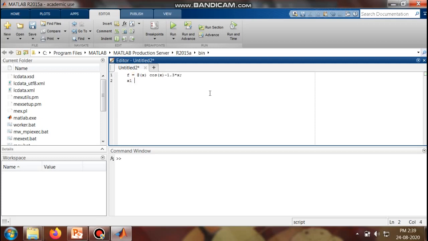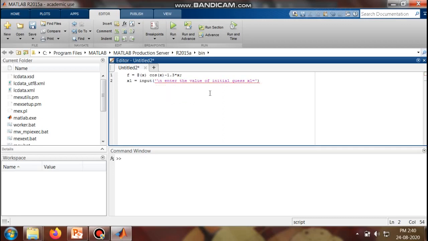Declare the values of inputs. As the initial guess, I will declare x1 as the first initial guess, which has to be taken from the user. So x1 is equal to input, quote, \n, enter the value of initial guess x1 is equal to, quote, complete the bracket.